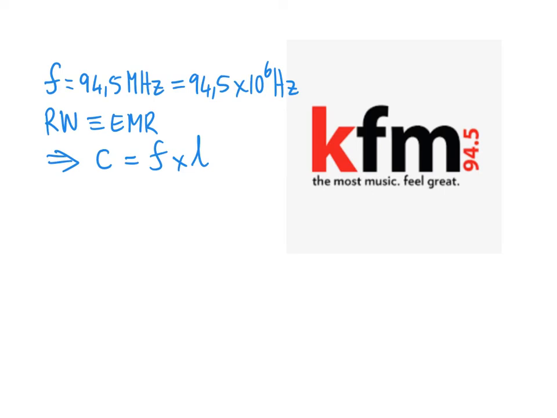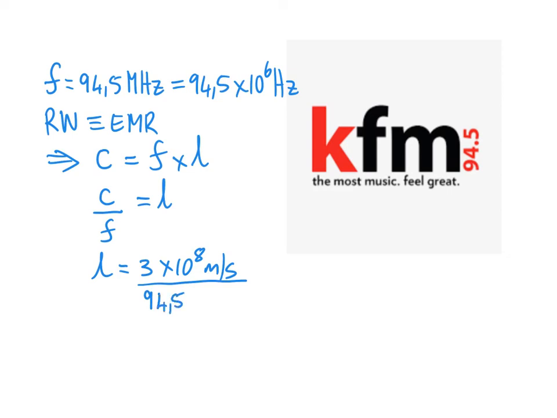We can rearrange this formula by dividing by the frequency, and we find that the wavelength is equal to the speed of light divided by the frequency. So the wavelength is 3 times 10 to the 8 meters per second, divided by the frequency, 94.5 times 10 to the 6 hertz, and we find that the answer is